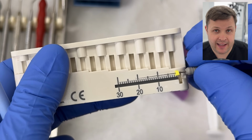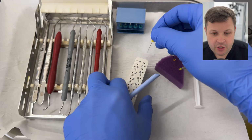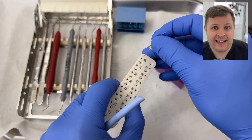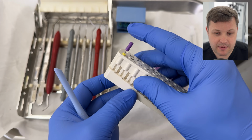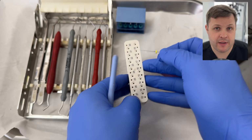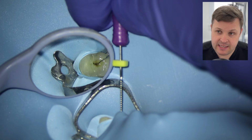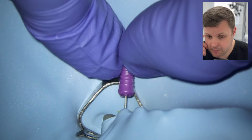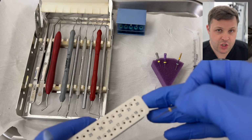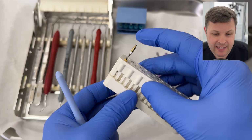We do the working length of the palatal, and it's found to be 20 millimeters. So I'm going to get a size 10 K file, and I'm going to measure this up to 20 millimeters. I'm not going to go straight for the glide path file at the moment, because I just feel like getting the 8 to length was quite difficult, and I think going from an 8 to a 15 is probably a bit too hard. So I'm just going to use a size 10 just to keep that canal space patent and